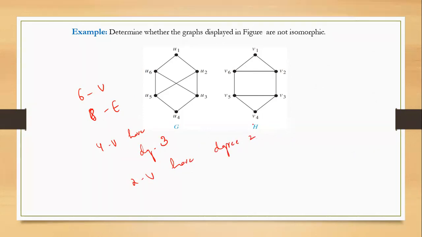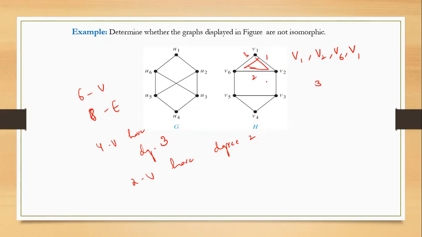Next, by looking at the figure, it looks as if the graphs are isomorphic, but since we are using paths in isomorphism, we will check the paths. Actually, we will check for a circuit of length 3 in the graph H. In the graph H, if you notice, V1, V2, V6 and back to V1 is a circuit. Why am I calling it a circuit? Because the initial vertex and the terminal vertex are the same. So the length is 3: 1, 2, 3. I am traversing in this way.